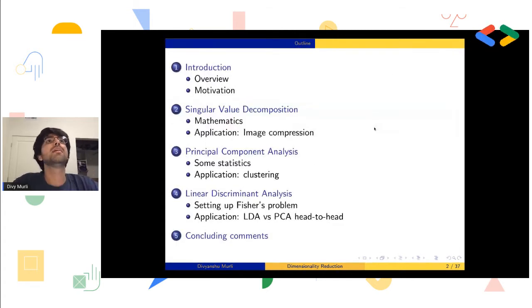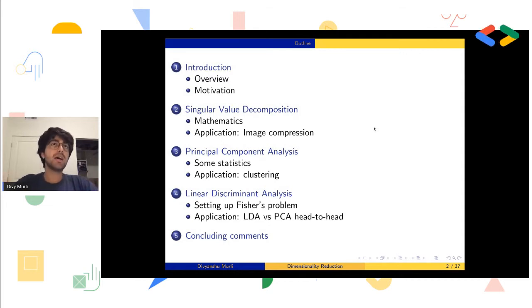There we go. This is just a quick outline of what I'll be talking about. First, I'll introduce the concepts of what dimensionality reduction and the related idea of feature reduction is, and I'll motivate why we care about dimensionality reduction in data science and machine learning. And after that, I'll go into the mathematical basis for what PCA, principal component analysis, is,